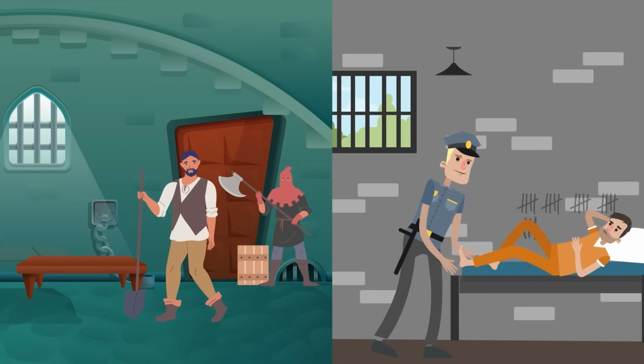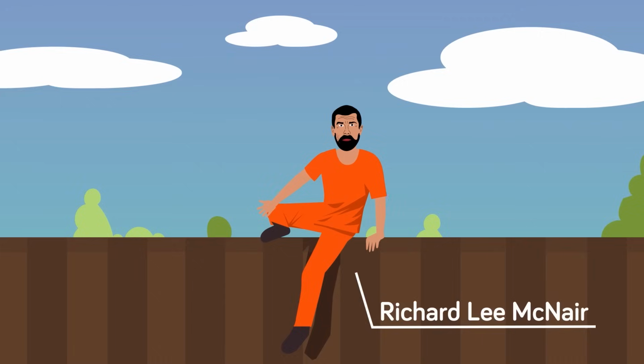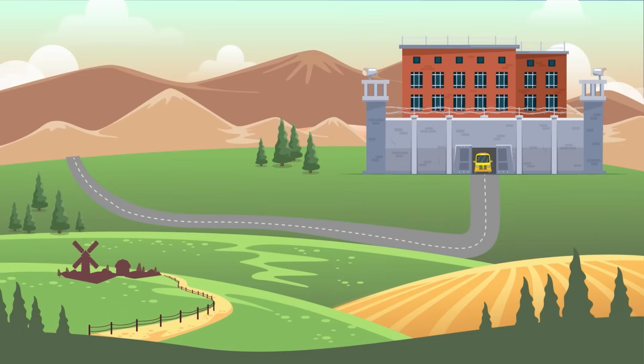This isn't 1520, it's 2020. Prisoners have to have some rights. As for someone they just couldn't keep held down, we think the best example is a man named Richard Lee McNair. He escaped from prison 3 times, and one of those escapes, we kid you not, involved mailing himself out